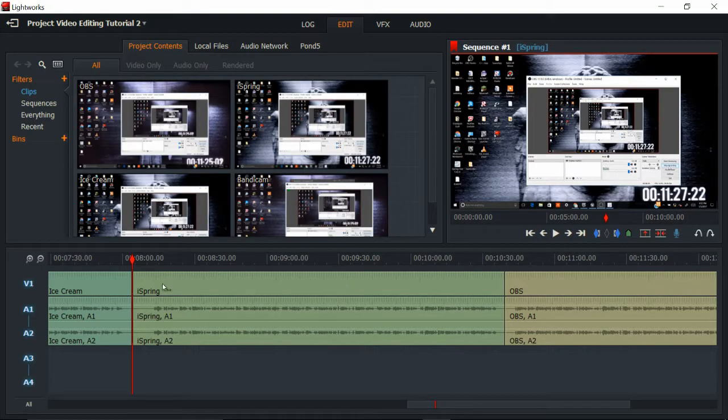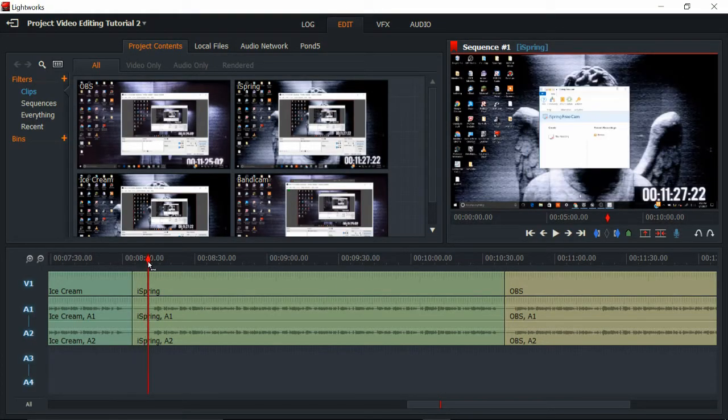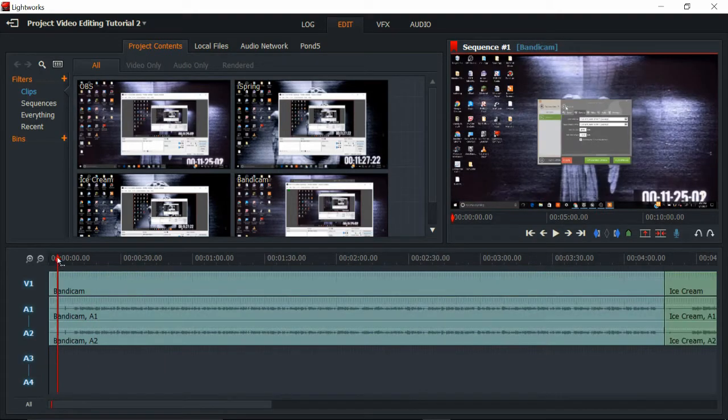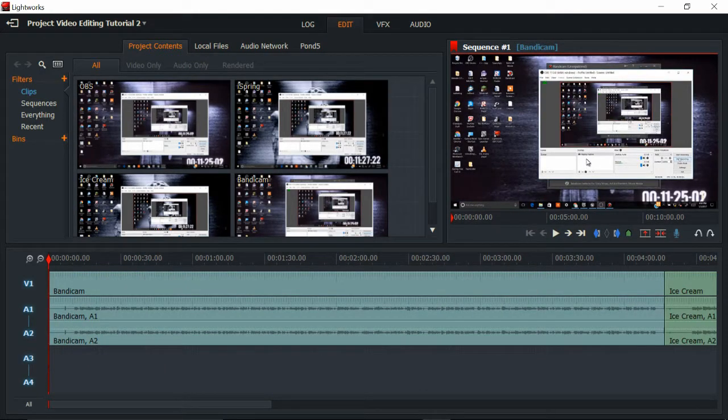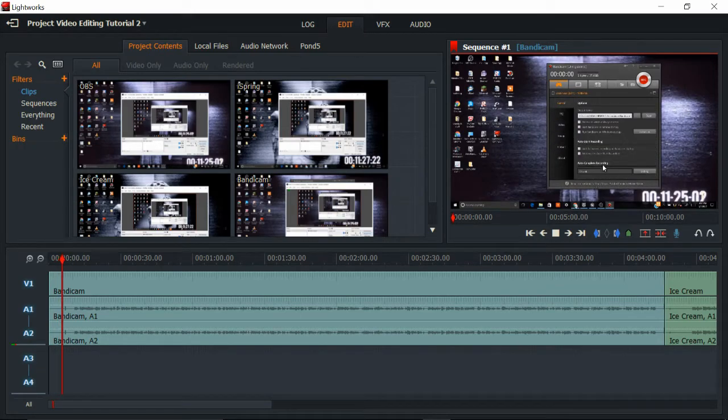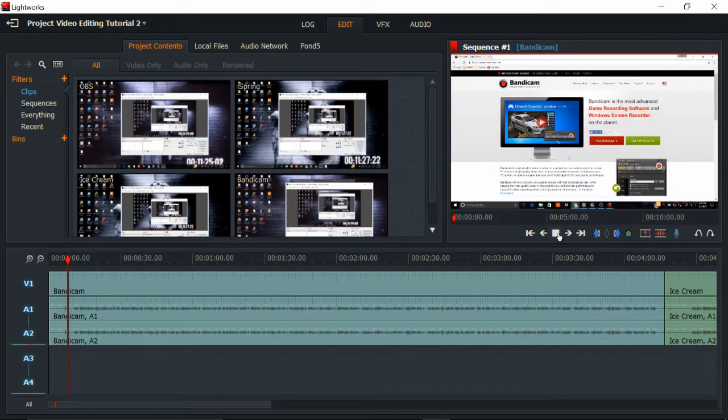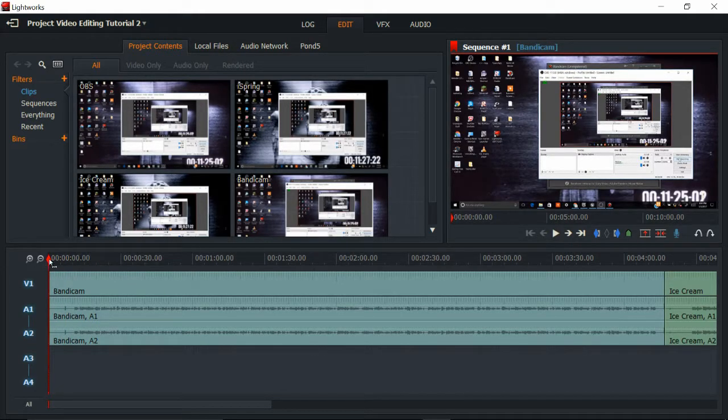Now we're going to be editing the video inside the Edit tab. So I'm going to show you first how, if you're recording a video, like for me, as you can see in the video, I start out just looking at OBS for a second because I'm starting up the recording, and then I actually start showing how to do the video. So obviously if you're doing that, you wouldn't want your behind the scenes setting things up to be in the video. So the way you can cut that out using Lightworks is